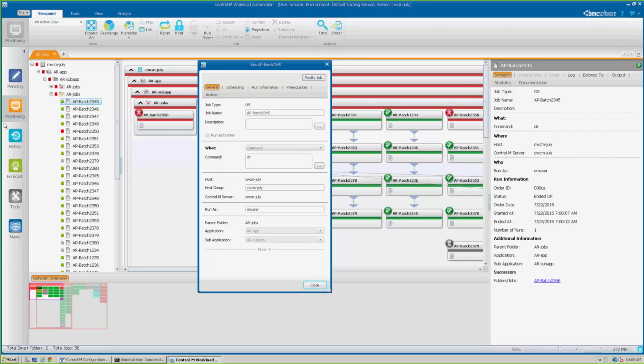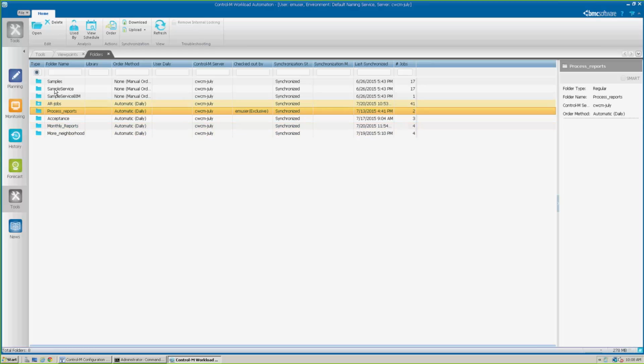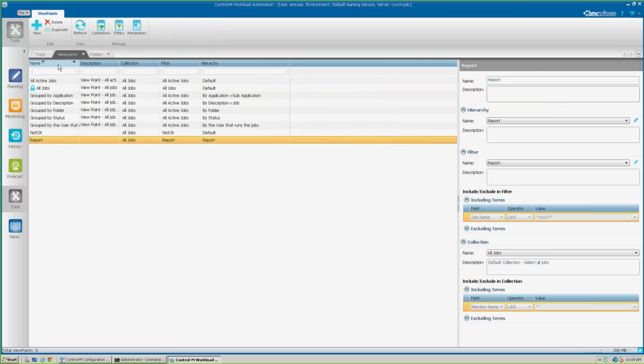So let's say that the users contacted us and said they need two new viewpoints, one for jobs that end not OK, and a new viewpoint showing jobs that have report in the job name. Let's go to the Tools domain to create these viewpoints. Included with the product are several default viewpoints, and they're listed here. None of these meet the requirements that we have now,